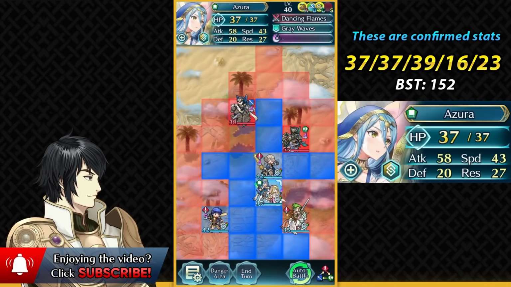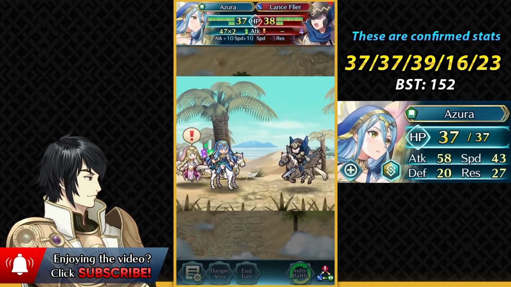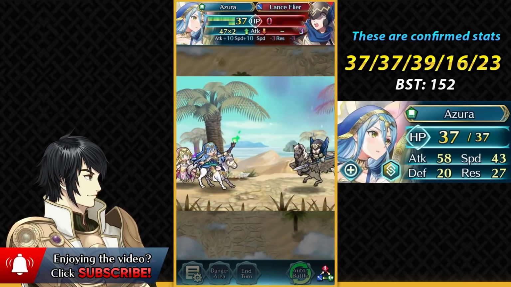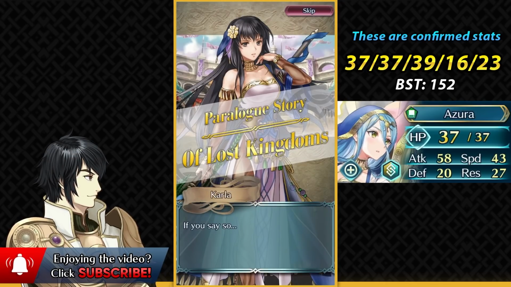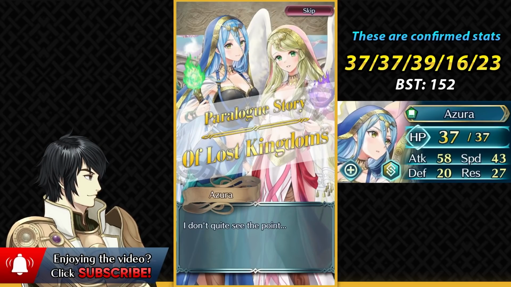So you can always just wait for that and keep in mind that this banner is not the only time you're going to have a chance of summoning her. She might even be in the top 8 of a Hero Rises event, or even win it, depending on the other contenders. So yeah, that is the banner,